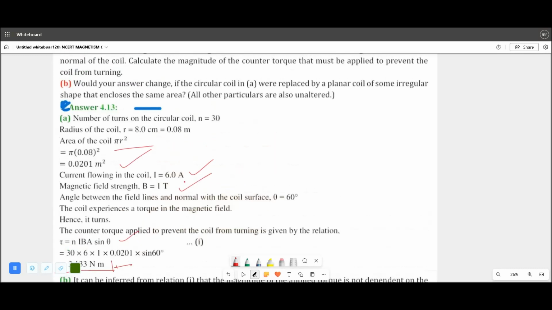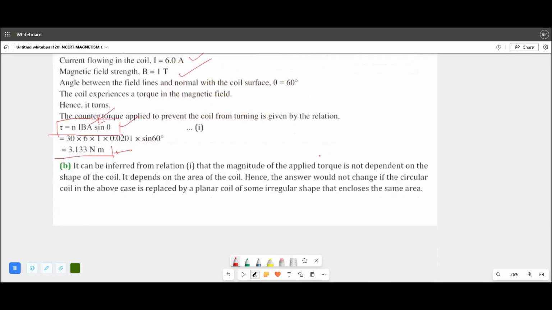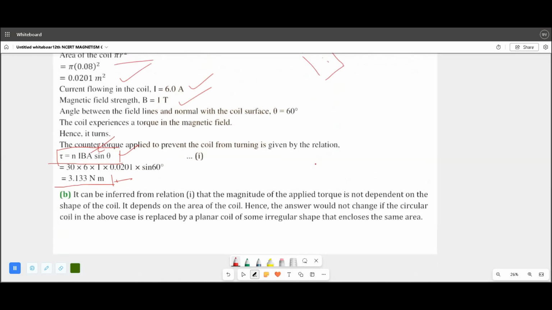ओके, नाउ नेक्स्ट पार्ट ऑफ द क्वेश्चन इज, would your answer change if the circular coil were replaced by a planar coil of some irregular shape that includes the same area? No, because हमारे फार्मूला में शेप से कोई फर्क नहीं पड़ता, एरिया लगता है। इट इज द एरिया। ओके, N B I A, सो द एरिया इज सेम, द वैल्यू ऑफ टॉर्क विल बी सेम। ओके, और एरिया जब हम बात करते हैं तो एरिया वेक्टर की बात करते हैं। ओके, N B I A sin theta, राइट, करेक्ट।